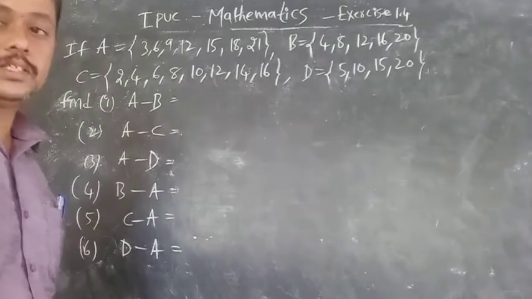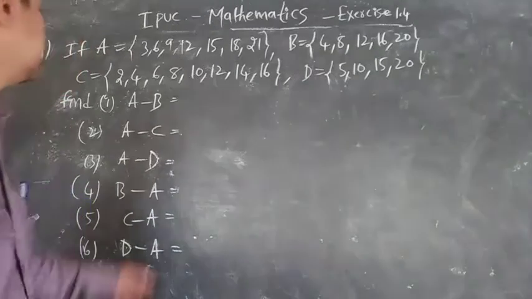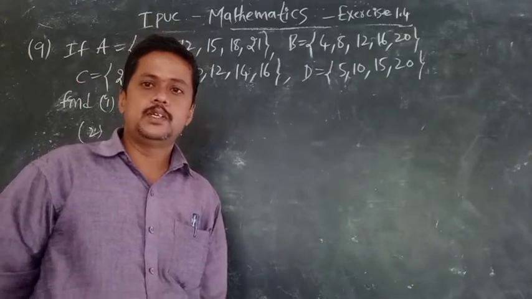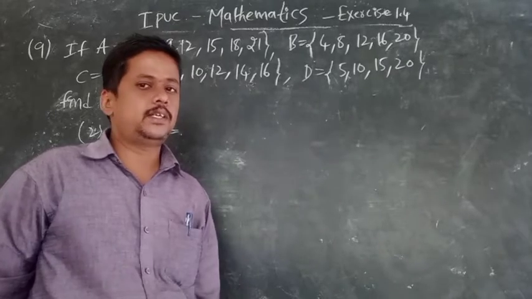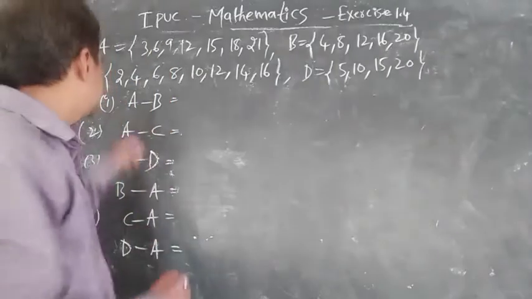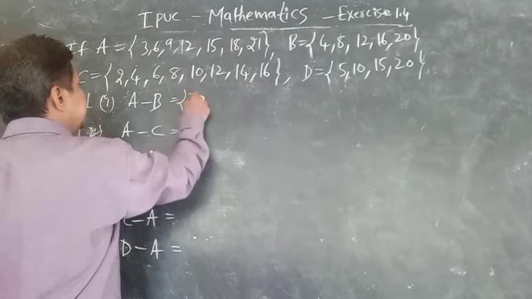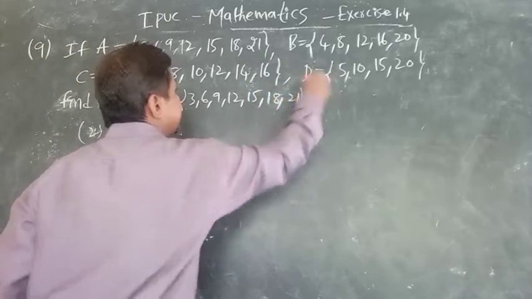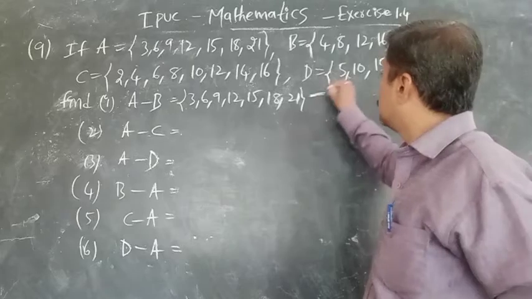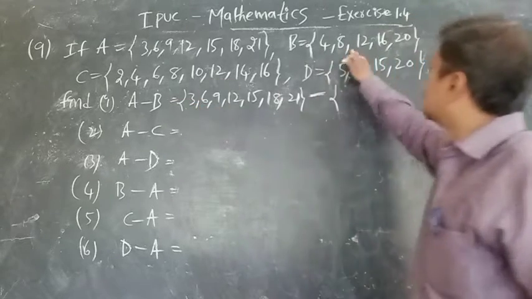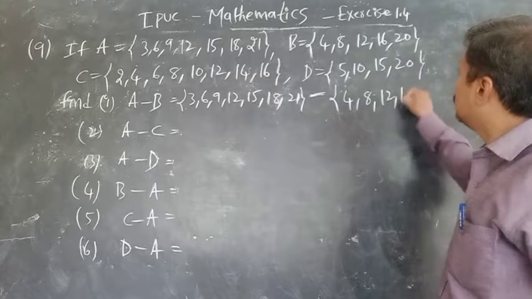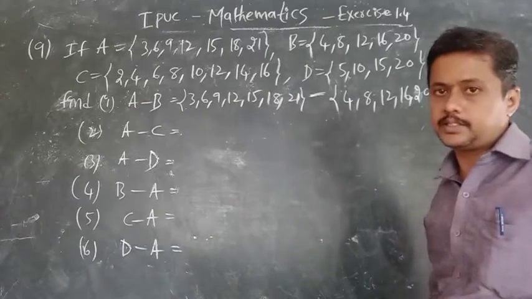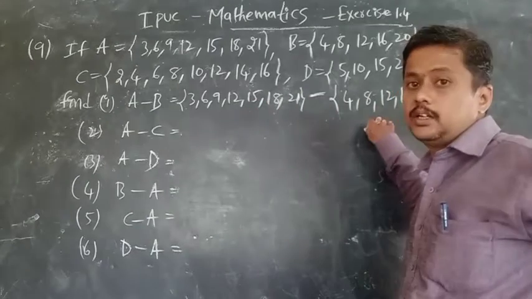Next you have to find out these two things. Some others there, I will find that also. Okay. So A minus B was already told in previous videos. Difference of two sets. So finding the difference of two sets has an easy technique. See, I will tell. First write A set total: 3, 6, 9, 12, 15, 18, 21, minus. Okay, minus. Write down B set: 4, 8, 12, 16, 20. Okay na? Like that we have to write. First A minus B. Okay na?